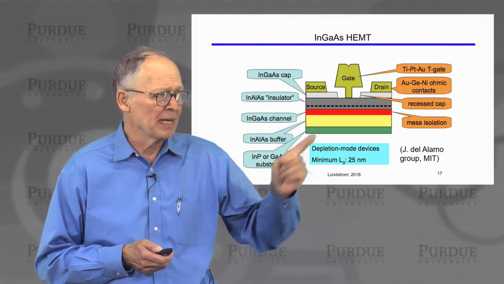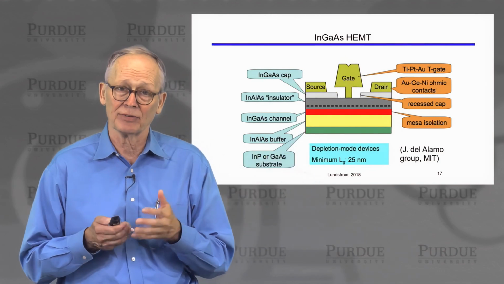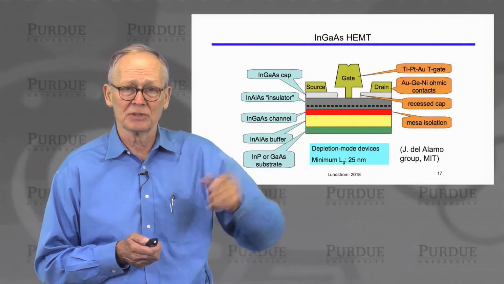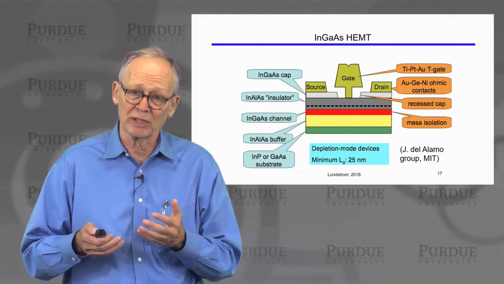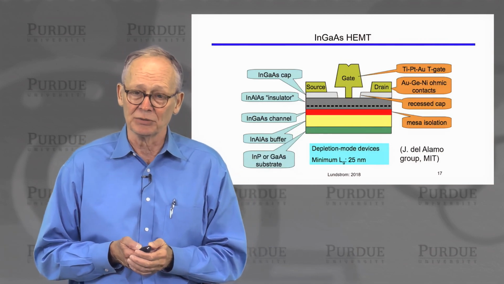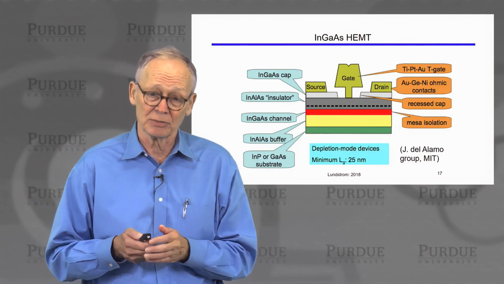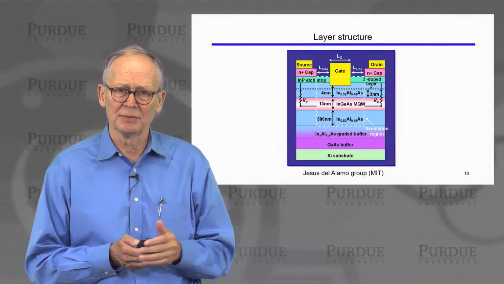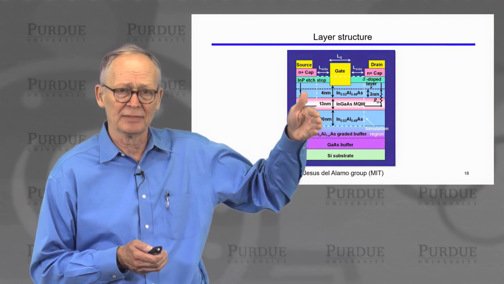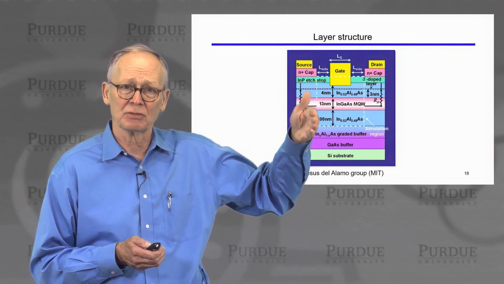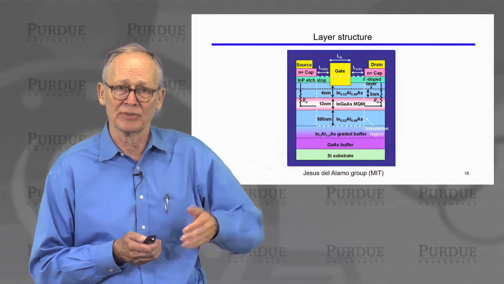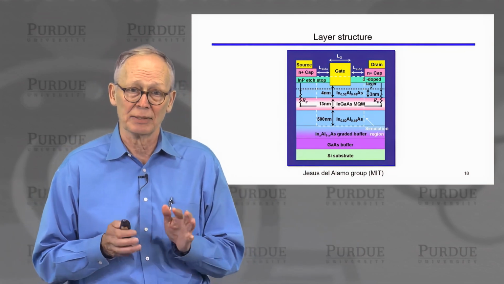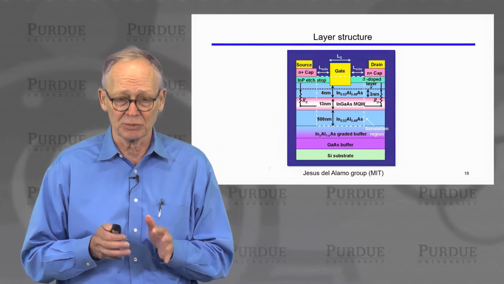larger cross-section because the gate resistance is important for RF applications of these devices. And there will be metal contacts on the source and the drain. We'll need low contact resistances, just as we do for silicon MOSFETs. So that's what a structure looks like. As I'll point out, it involves some very sophisticated epitaxial growth of a number of different types of layers in order to produce these. But the techniques have been developed over the years to do that and produce very high quality materials with very